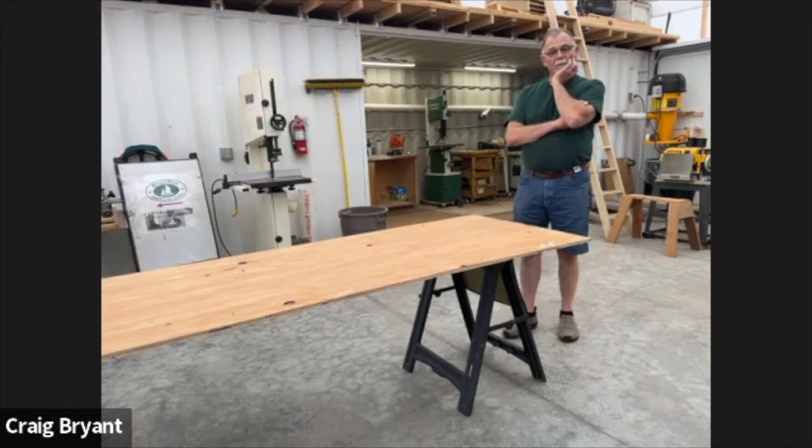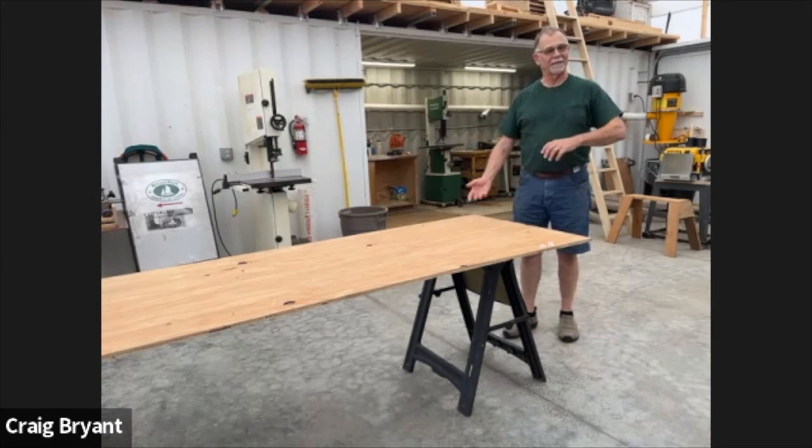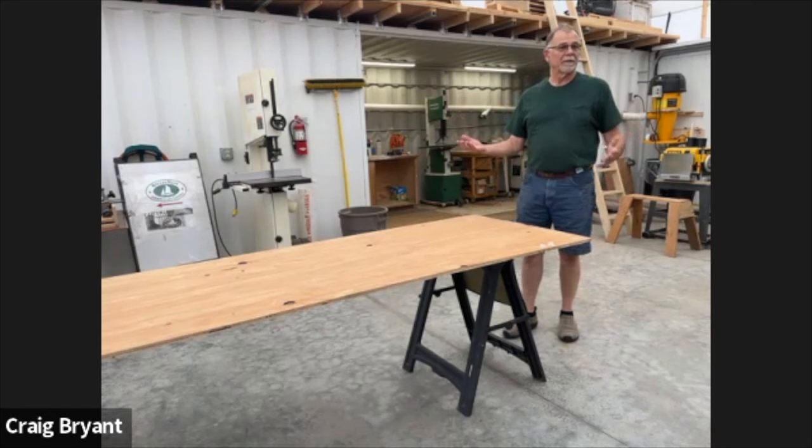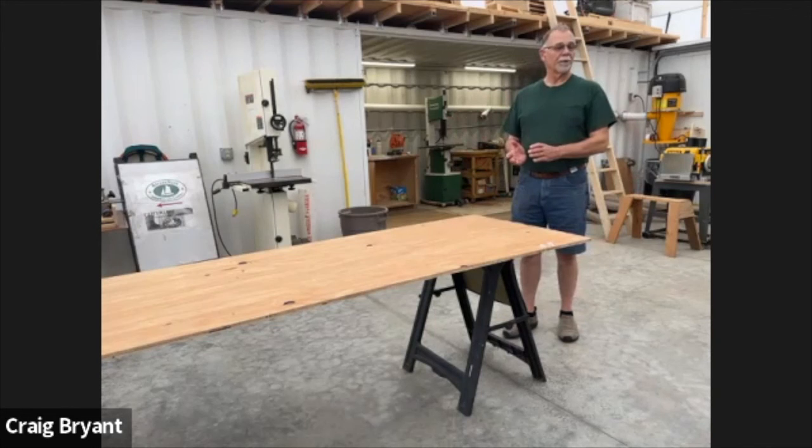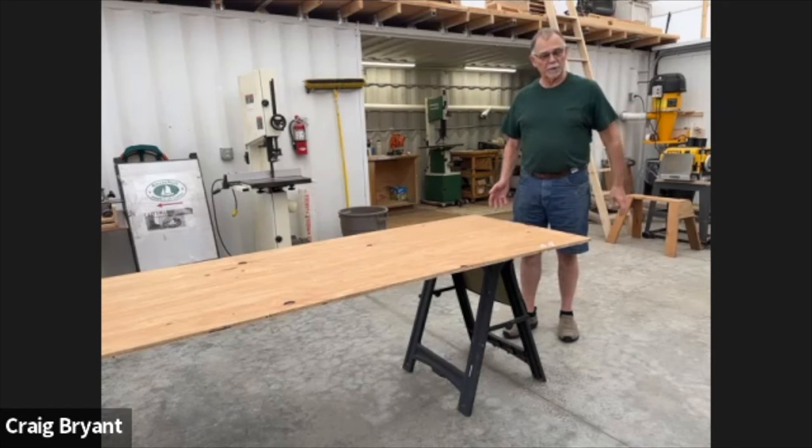And one observation, besides dealing with wood that's a little warpy and twisty, it also allows you to make a much shorter scarf. Imagine you're making a 3-inch mast and you want to put a 12-to-1 scarf. You're going to lose 36 inches of wood if you have a solid blank and you cut a scarf. If you cut it in quarters, you're going to lose 18 inches. So for many reasons,